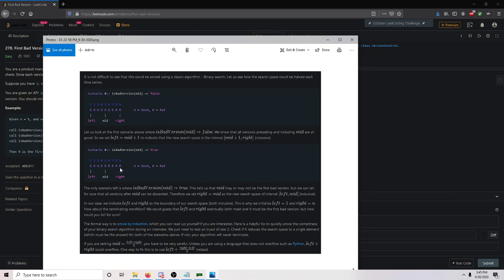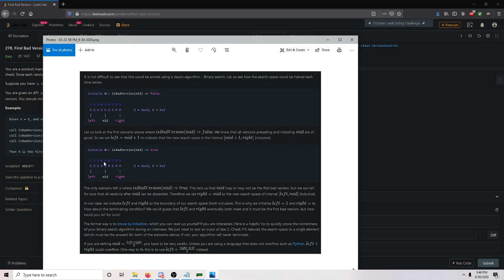So right is going to move down, the new right is going to be that current mid, which will be right here. But if it isn't bad, then you want to start ignoring the left half and start increasing the left. Now, our new interval is going to be, instead of 1 through 9,